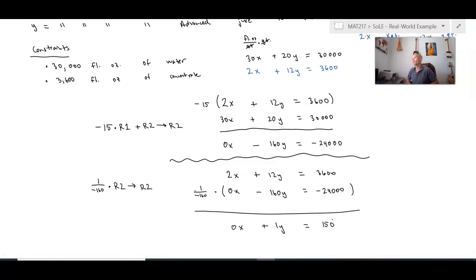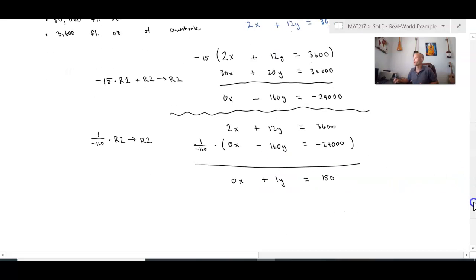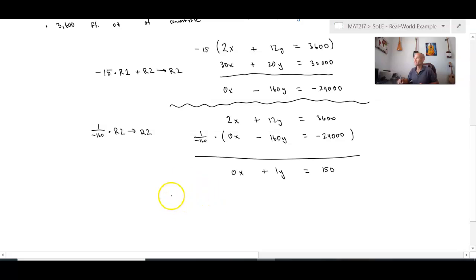We know that from this equation, even though we have this redundant term in here, 0x, that is going to become important because there is still a coefficient on x, it just happens to be 0. We know that y is equal to 150. So it might be tempting at this point to use substitution in the first equation and to solve for x by plugging in 150 for y right here in the 12y term. But let's keep things